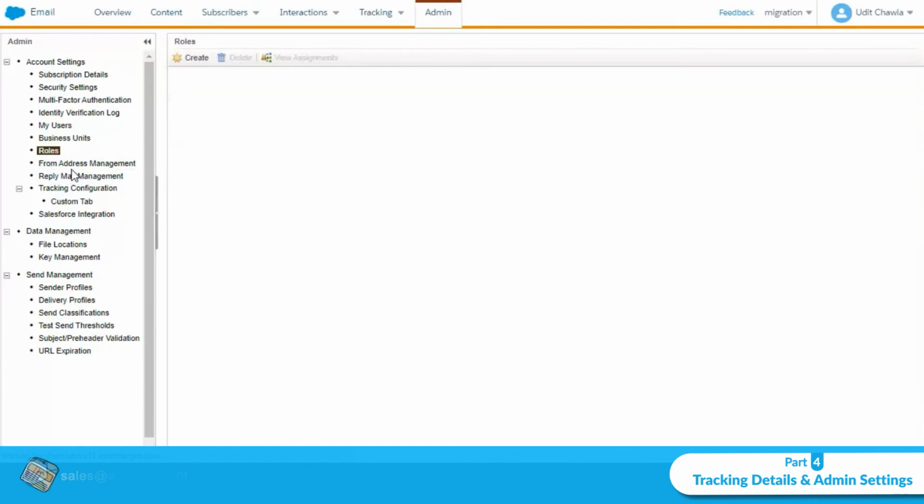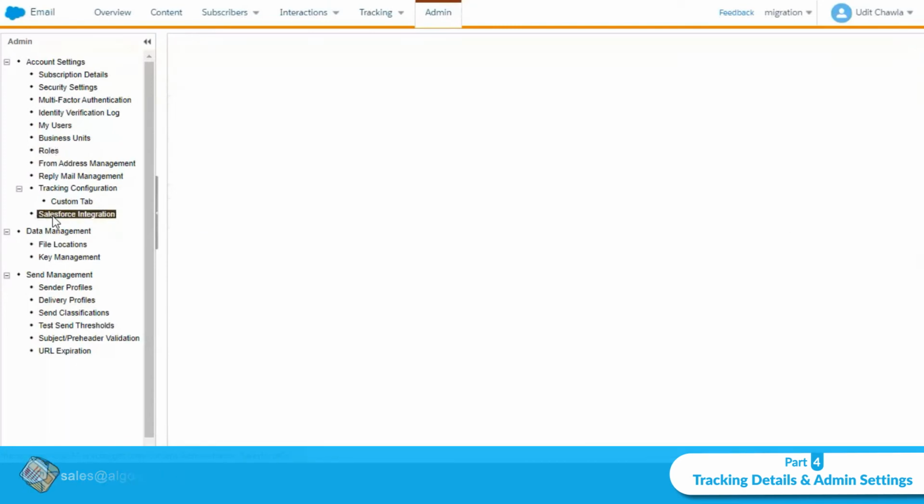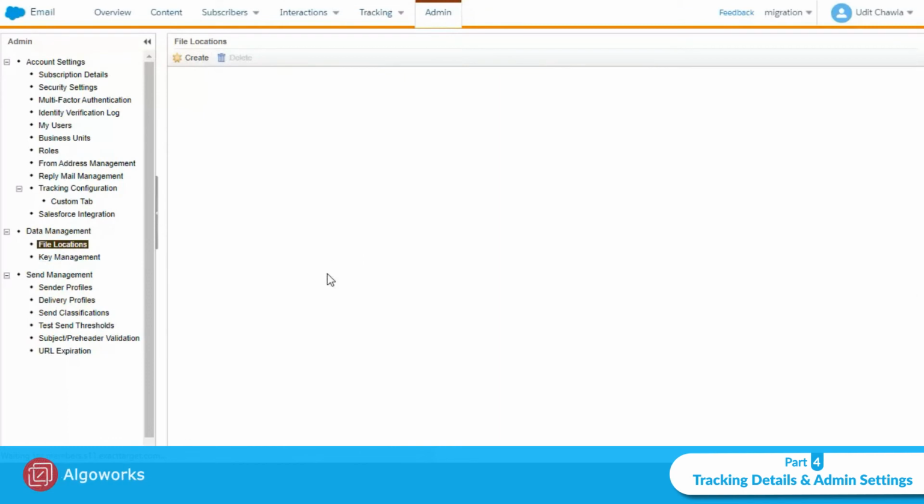And these are the from address management, like from which address the email is going to be sent out, and reply, like to whom the reply will be received. And this part handles the integration, like if I am integrated with a Sales Cloud environment. And as I previously told about the file transfer activity in the interactions part, I can also configure my file locations for the FTP over here from the Marketing Cloud instance.